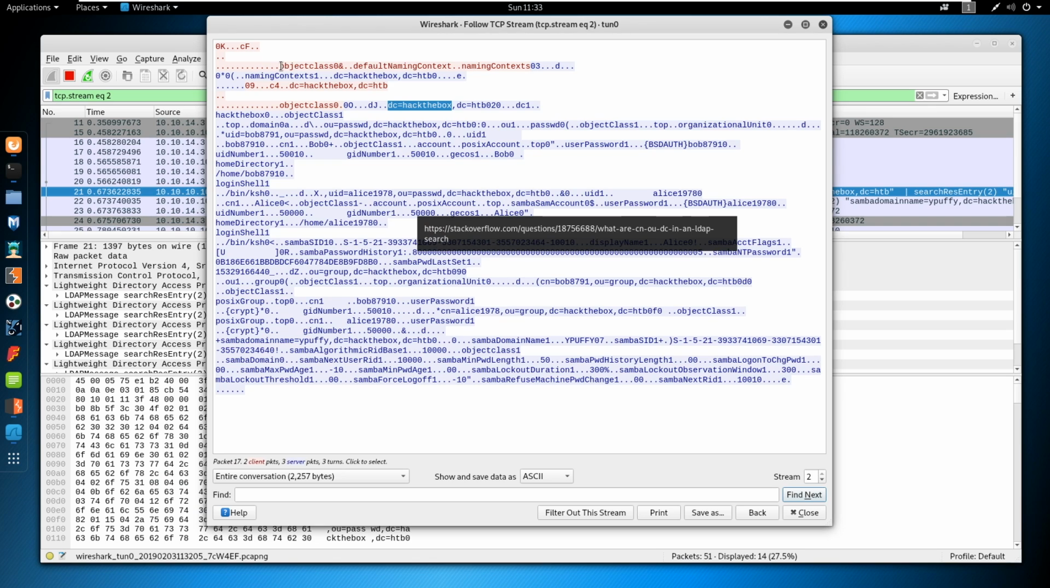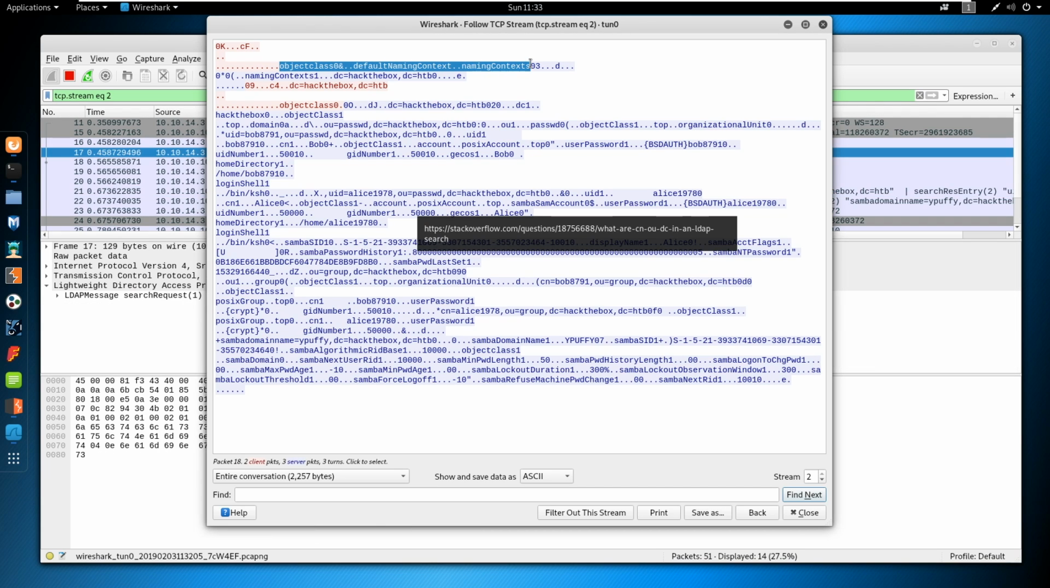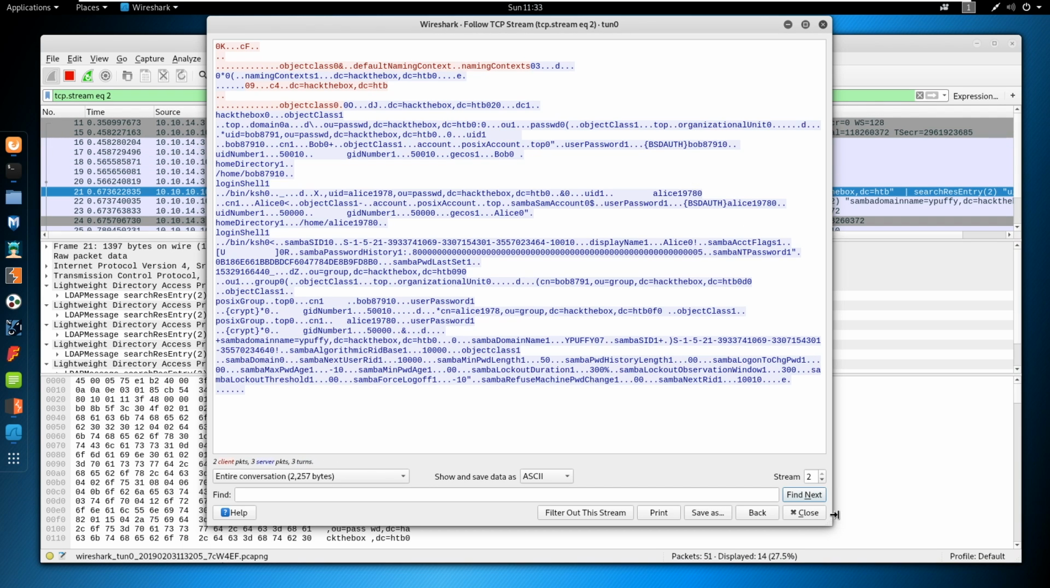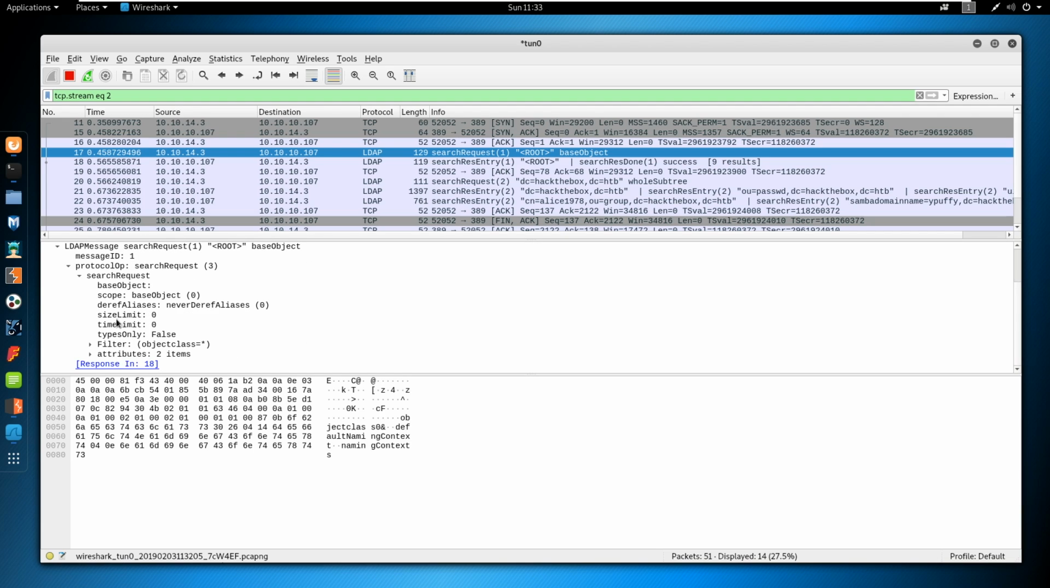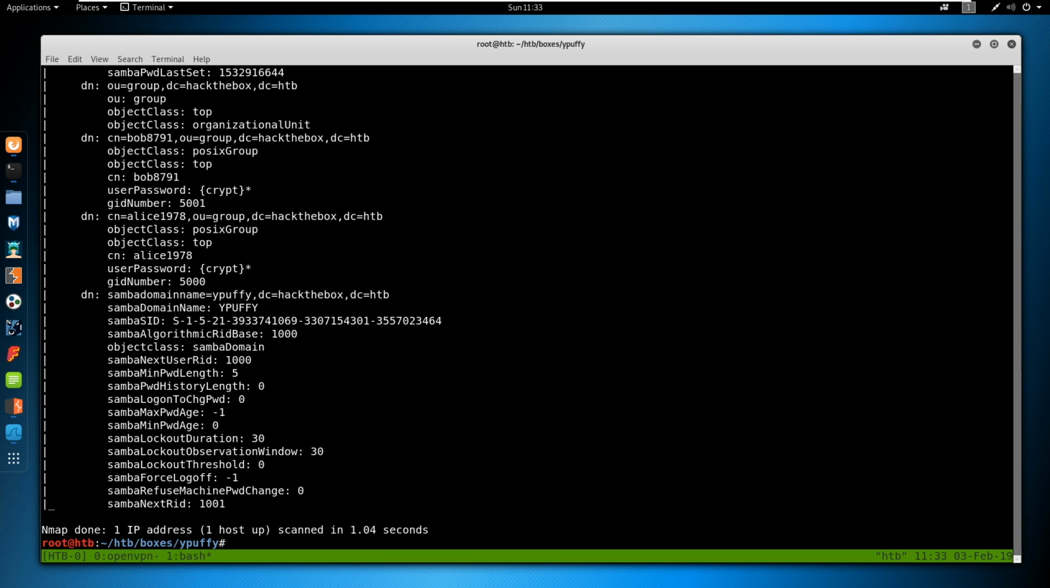So we need to make our LDAP search appear like this. If we go to this query, the very first one, we can see LDAP message, search request, and this is the scope our LDAP search has to be. So remember TCP stream equals 2, because we're going to do LDAP search,